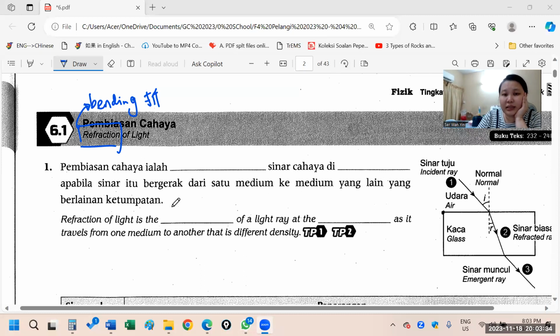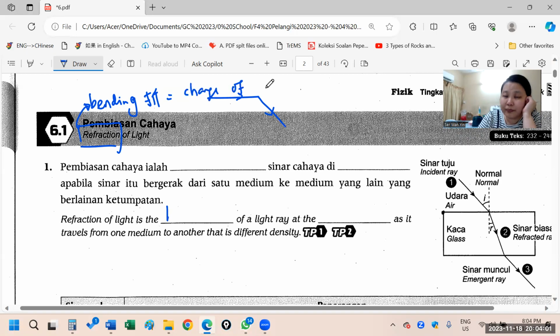Okay, refraction of light is the... okay, so actually bending, go straight and then bend, actually means the direction of propagation change. So bending also has the meaning change of direction of propagation. When the wave travels, then suddenly it changed direction, bending. So refraction means bend. Okay, refraction of light is the change of direction